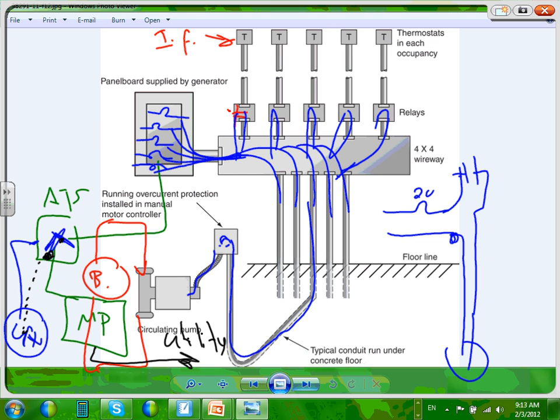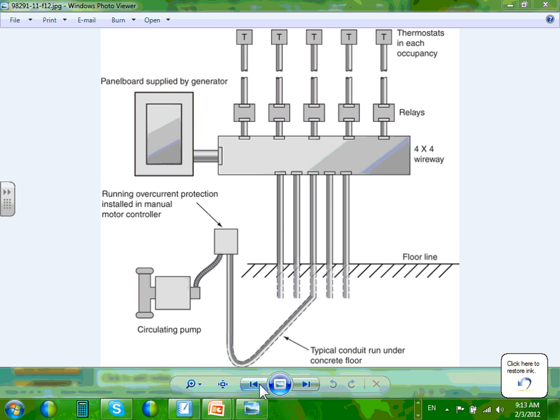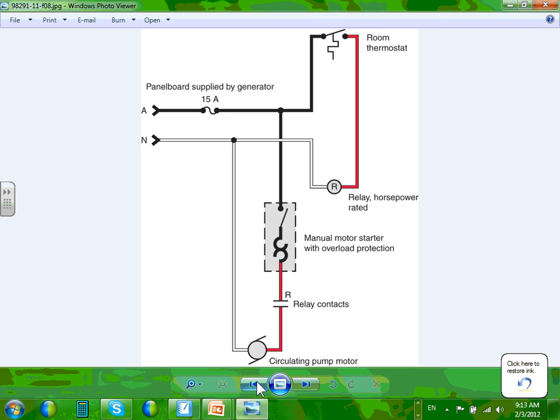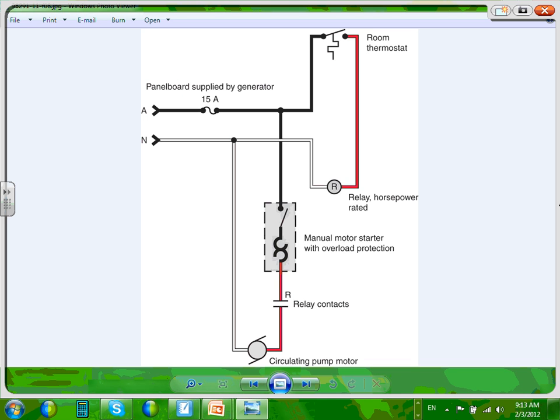Good point. Any questions, guys, about this environmental control? I want to show you. If you look at, remember what we drew here, guys, then I'm going to take you back to how this looks. This is how it looks. Circulating pump, thermostat. You guys, the schematic for it, Nick, this is your pump